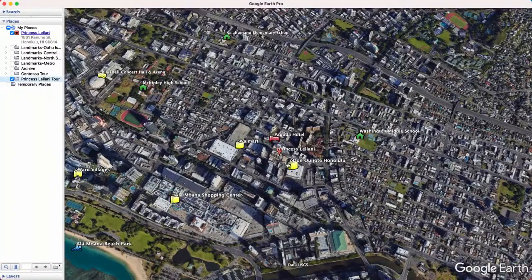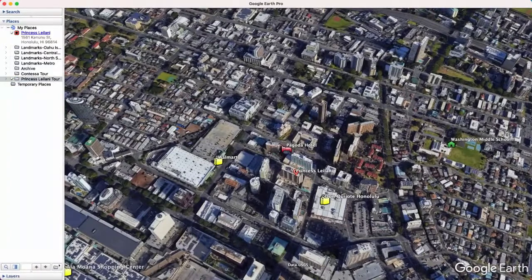And of course, zooming in even further, if you know this block, the Don Quixote area, we are around the corner from Don Quixote, which is going to be your closest grocery store. There's also Foodland at Ala Moana Shopping Center. You can go to Walmart as well. We're across the street from Pagoda Hotel, like I showed you before, from the Lanai view,